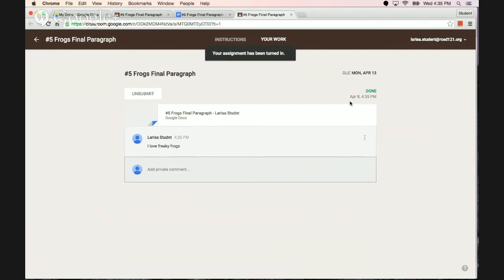And when you think about when you're sharing, right now, the document has been turned over to the teacher, okay? I can't continue work on it till it is returned to me. Or if I really, because I didn't finish it, I can, as a student, unsubmit it, work on it some more. But once I submit it, I can't keep working on it till the teacher returns it to me.